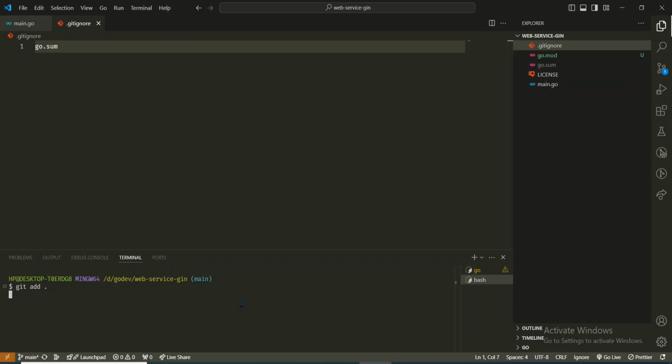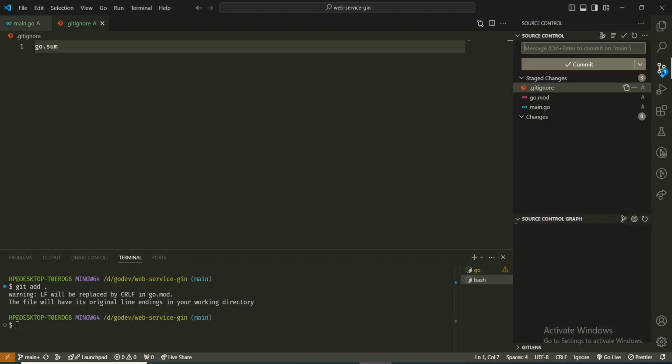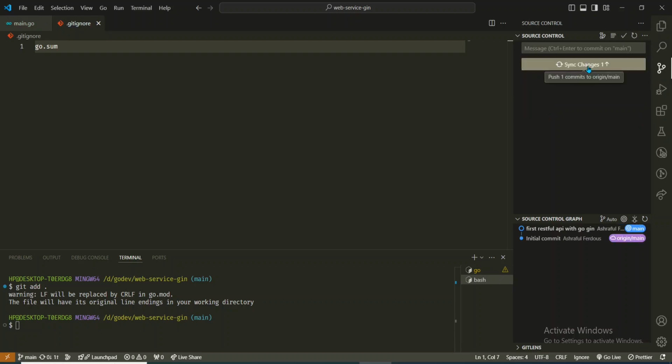So let me git add all. Now we can also use the VS Code extension, and let's write a message. First, RESTful API with GoLang. Let's commit, and